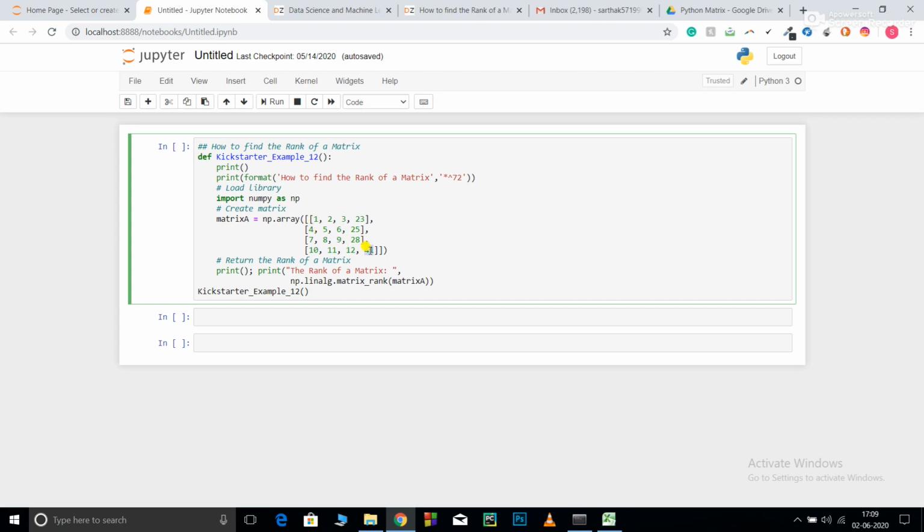If all the rows contain non-zero values, this means the matrix rank is 4. If my last row becomes completely 0, this means my matrix rank is 3.